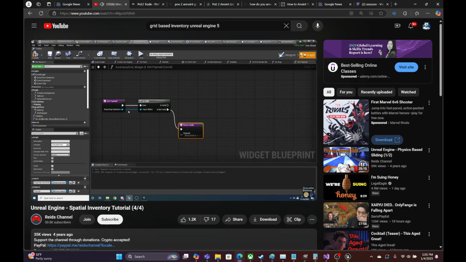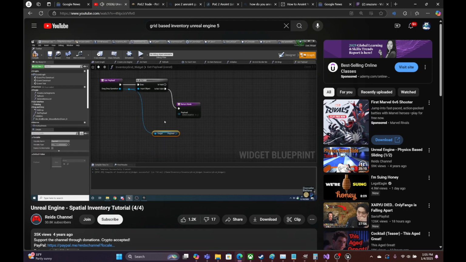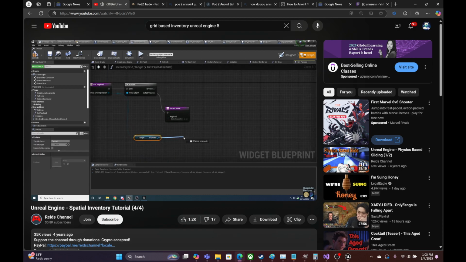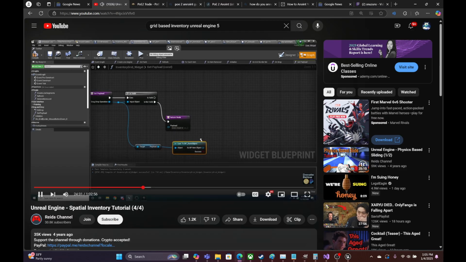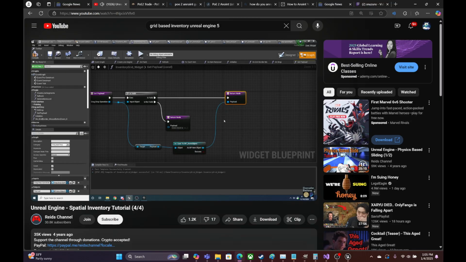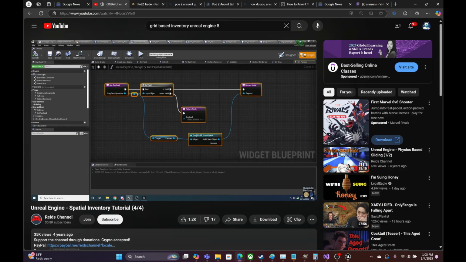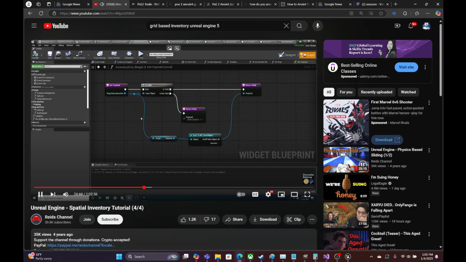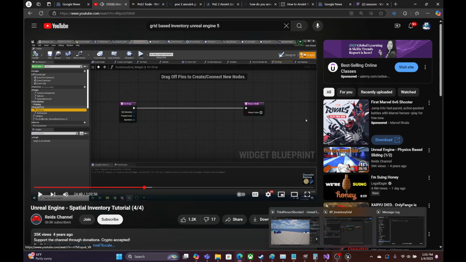But if it is valid, then we want to take this and do a get payload, and make sure you get the variable. So get payload, and then we'll cast to BP item object, and we'll do a pure cast since we know it's going to succeed, and we want to return that. We're going to copy and paste, hook that up, and hook that up. Again, this is just a little helper function for getting the payload cast as an item object out of our drag and drop operation. So if we come back to on drop, the first thing we want to do